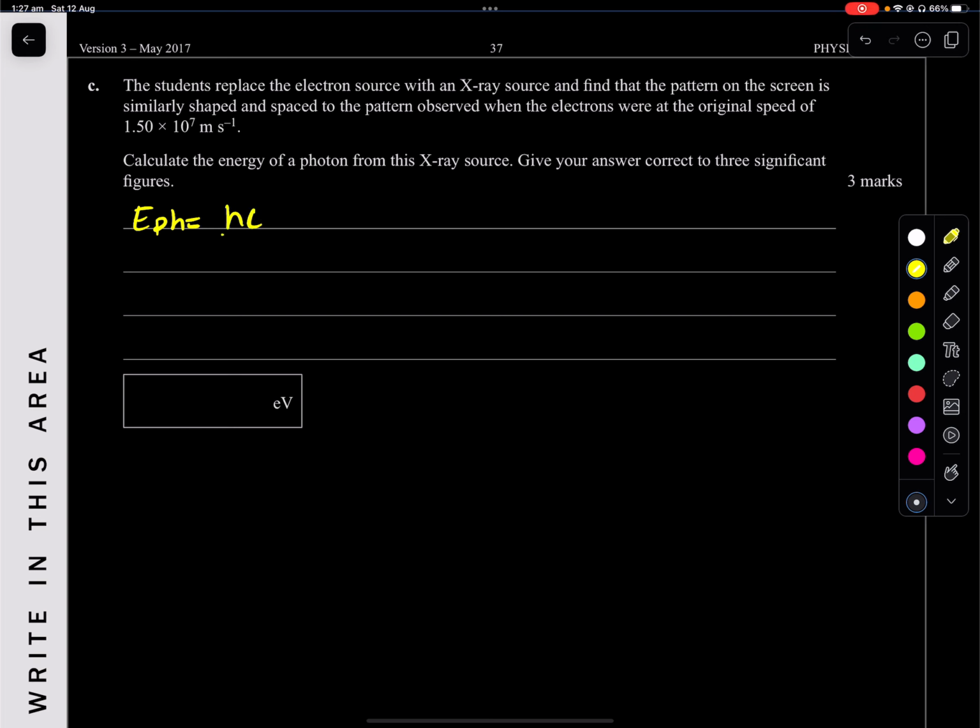Alright, so the energy of a photon is hc over the wavelength. We know h; in this case we want electron volts, so h will be 4.14 times 10 to the negative 15. Your c value, the original speed, is still 1.50 times 10 to the power 7, all over